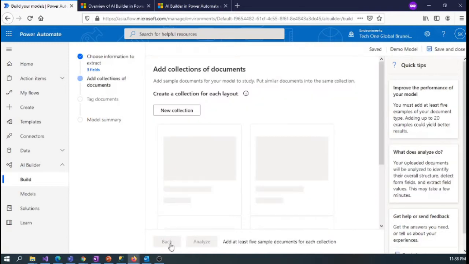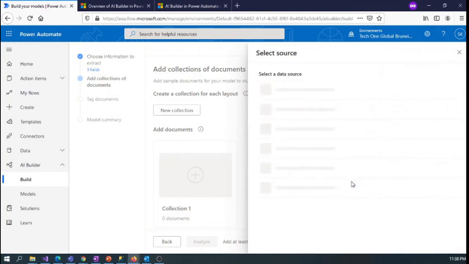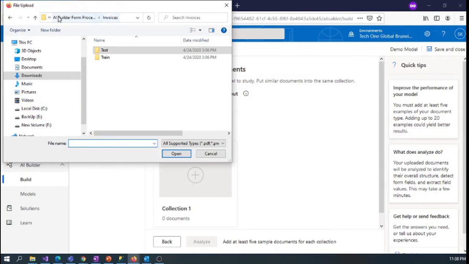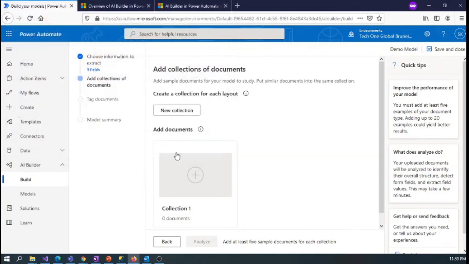So I am going to the next step. Now we have to create a collection of documents. So I am going to add documents so we can upload them. I have some sample documents for training purposes. I am going to use 5 sample documents.